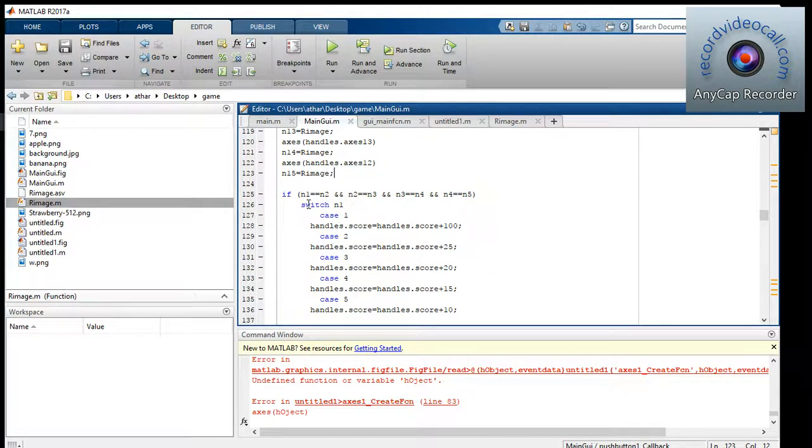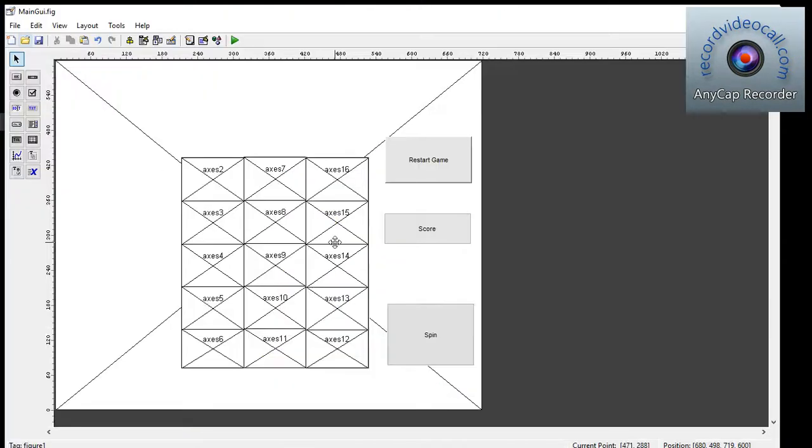Now here is the logic. What we want is, whenever the same number appears in a row or column, we should increment the score. Score is basically,